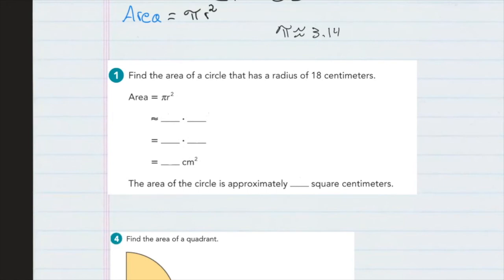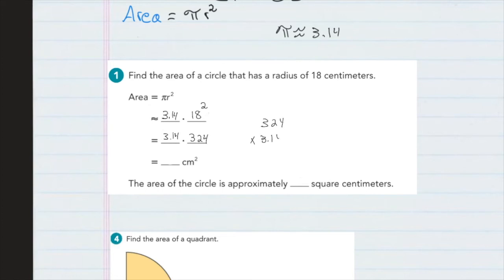Since the area equals pi r squared, and we're using 3.14 for pi, and 18 is the radius, this becomes our next line. And as we simplify the problem, we're going to get 3.14 times 18 squared, which means you're doing 18 times 18, which is 324. Now you can do 324 times